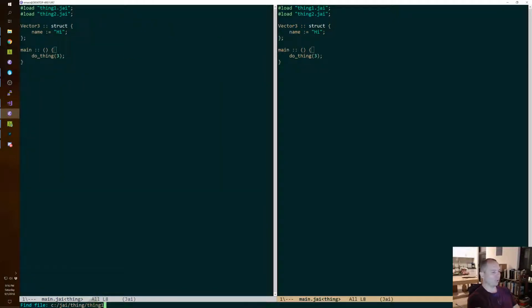Okay. So in thing 1, we're going to say do thing of an int, right? And then we're going to do thing of a float. And then in thing 2, we're going to do thing of a vector 3.